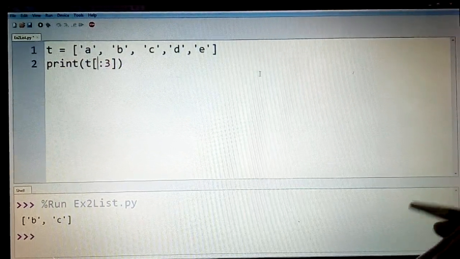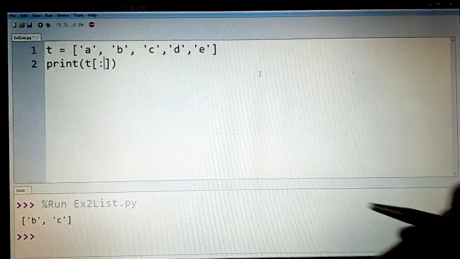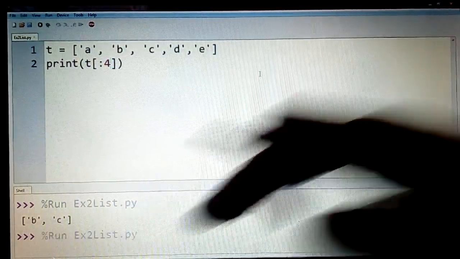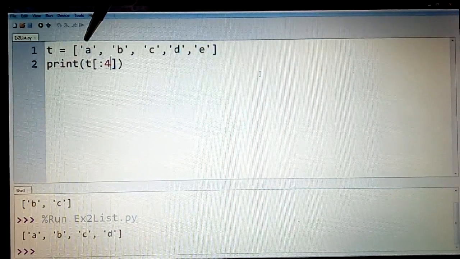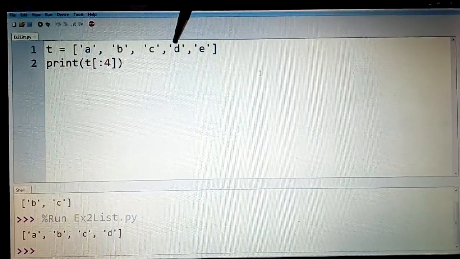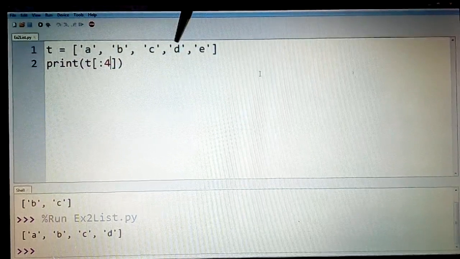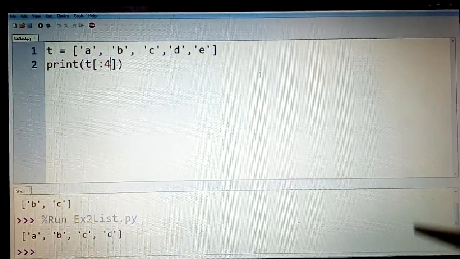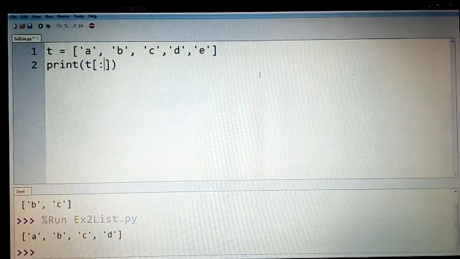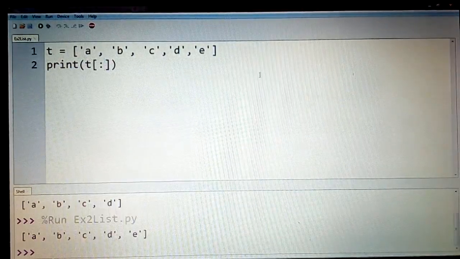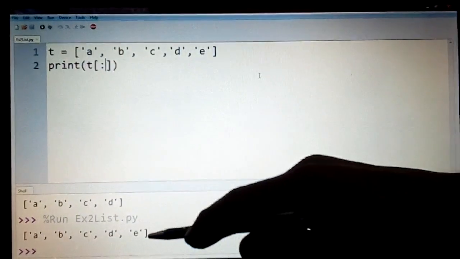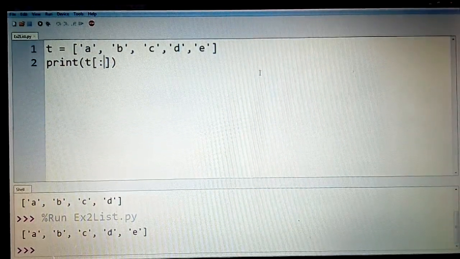Or if I skip the first part and go with the next part as 4, I would get from the 0th element till the 4th element, that is A, B, C, D, 4 minus 1. And on the same lines, if I say nothing on either side of the colon, then I would get the entire list here, that is A, B, C, D, E. So this is how slicing works.